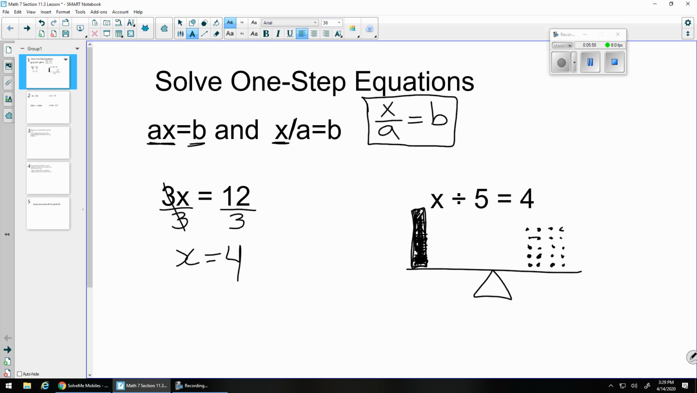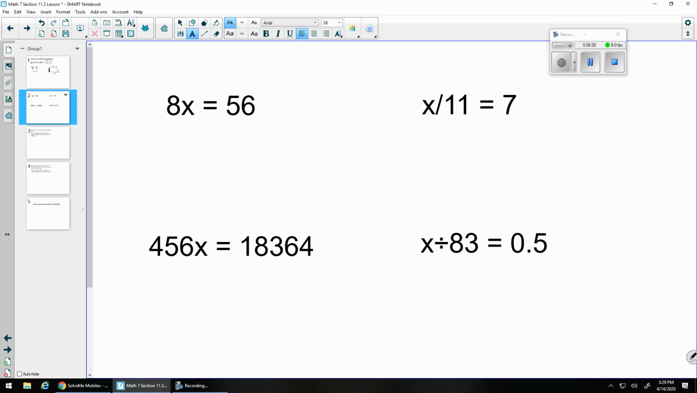Okay? So let's go through some more examples. So I have 8x is equal to 56. So x is being multiplied by 8. I want to get x all by itself. So to do that, I'm going to do the opposite of what's being done to it, which is divide by 8. I'm also going to do that on the other side to keep my equation balanced, keep our teeter-totter balanced,